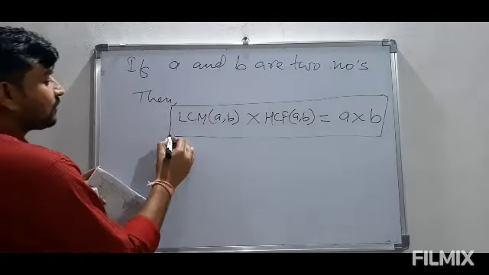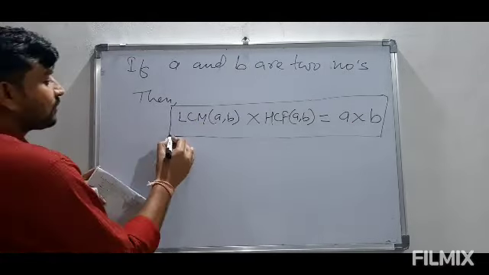Suppose we consider the previous question. I am just not calculating the LCM and HCF. We are not proving this. The question can be like this: if LCM of 20 and 25 is equal to 100, find HCF using LCM. The question is like this. Now, what is given to us? The LCM of these two numbers is 100. We have to find HCF now by using LCM.